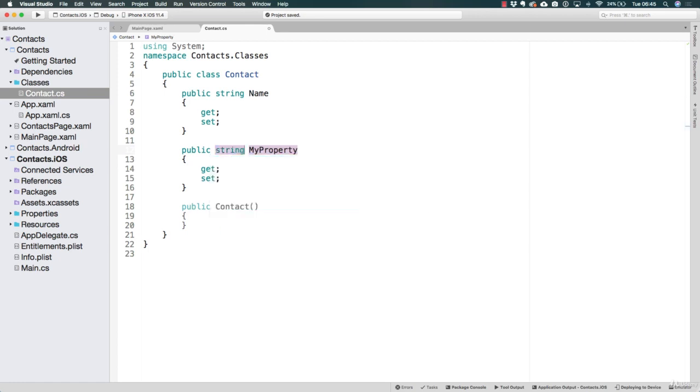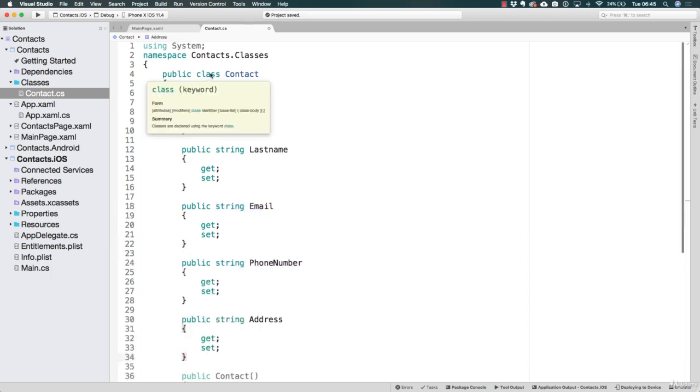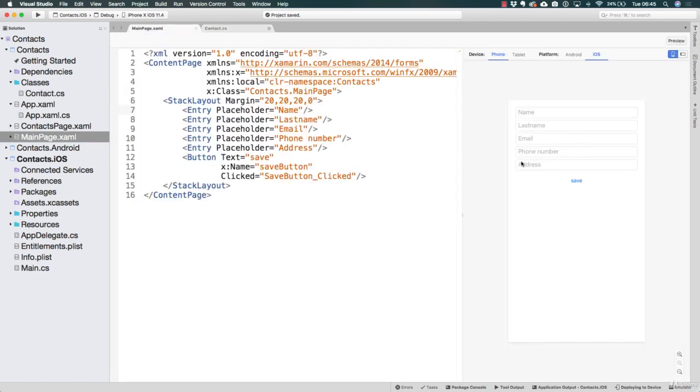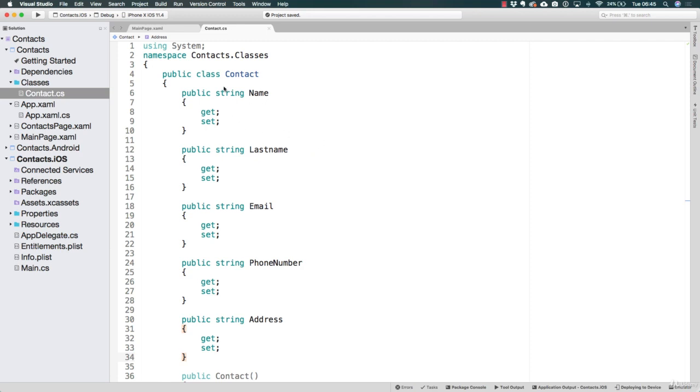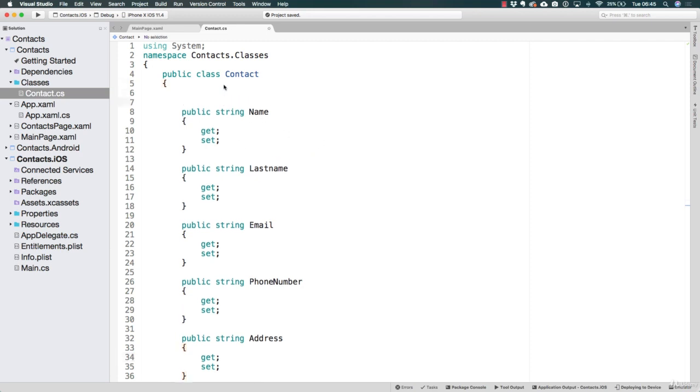And we're going to do the same thing for the last name, for the email, for the phone number, and for the address. So 5 elements. We are going to be needing one for each of them. And the fact that we're going to be using